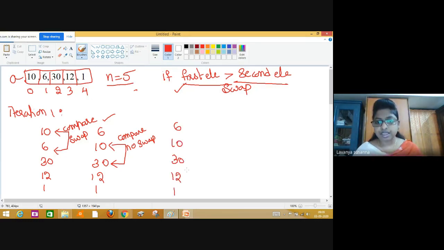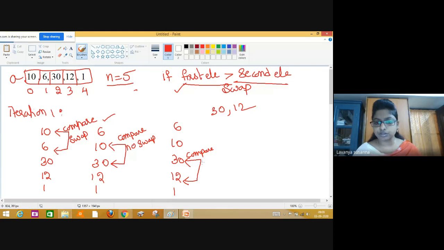See here. First element, second element comparison completed. Second element, third element comparison completed. Now the third element and fourth element you need to compare. What are the two elements you are comparing? 30 and 12. Write down like this. I request all the students to note down along with me. Listen carefully and note down.